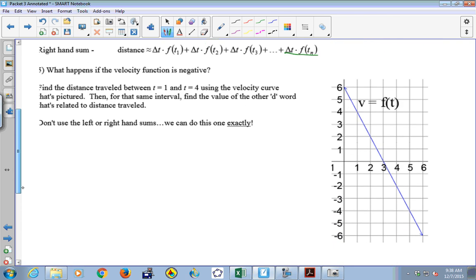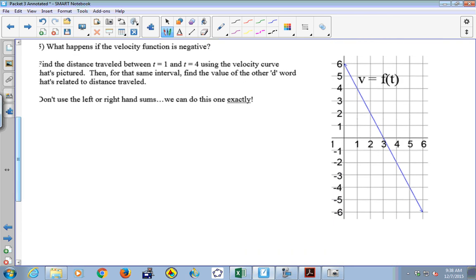All right, let's talk about what happens if the velocity function is negative. What does negative velocity mean anyway? You're going backwards. Yeah, so forward velocity is positive, velocity is forwards, negative velocity is backwards. Okay, so